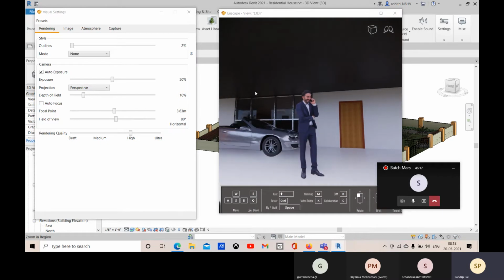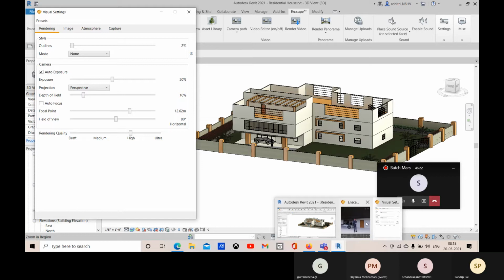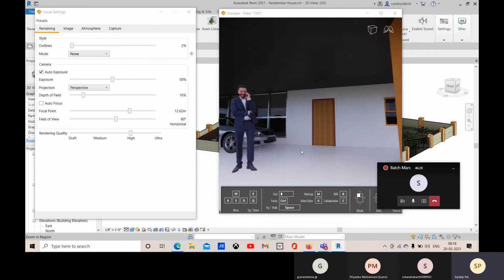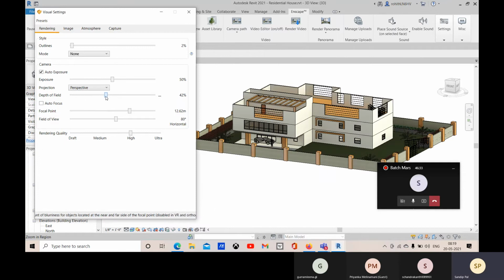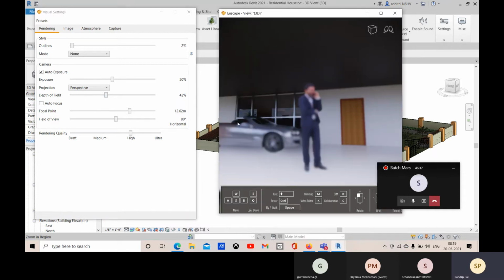Like this. And here you can see. Accordingly you can change the depth of field for this focus. So you can change the focal point and change the depth of field.